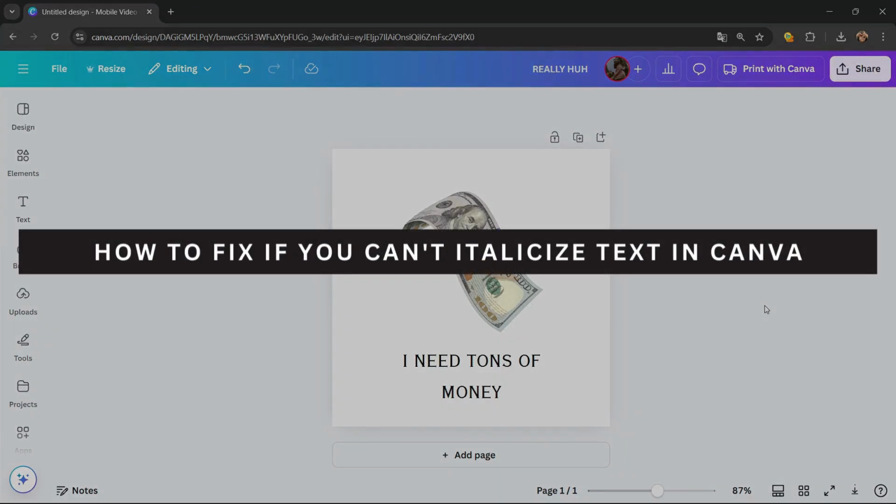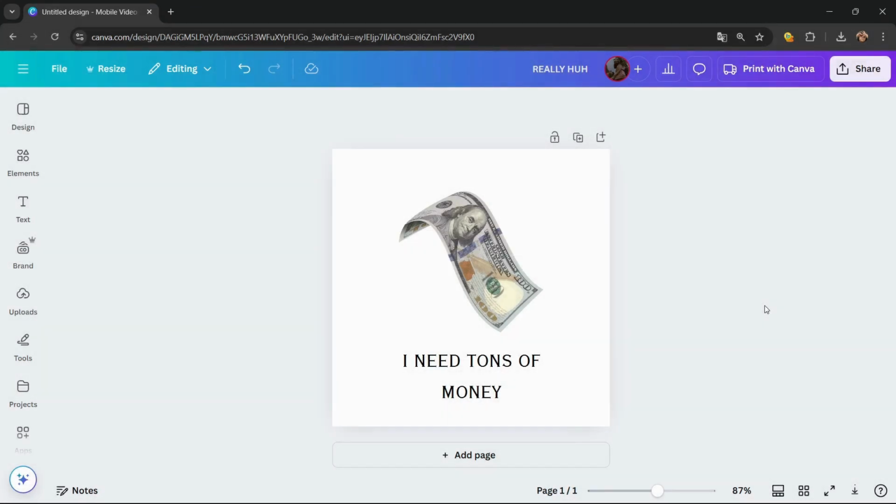Let's see how to fix "you can't italicize text in your Canva." So first, if you're unable to italicize text in your Canva, I will show you the solution. But for your information, people italicize their text to highlight important words, phrases, or even concepts. Also, it can be a style for titles of books, films, some publications, or even a work of